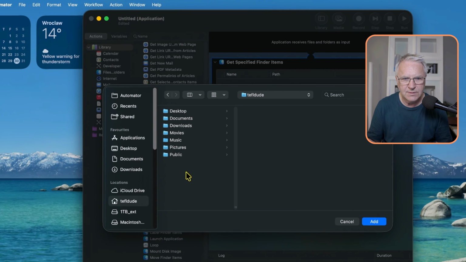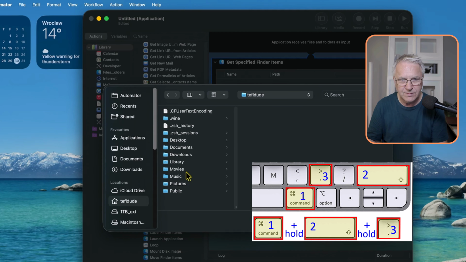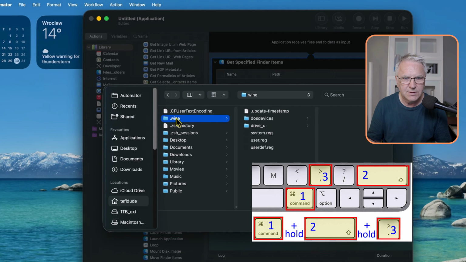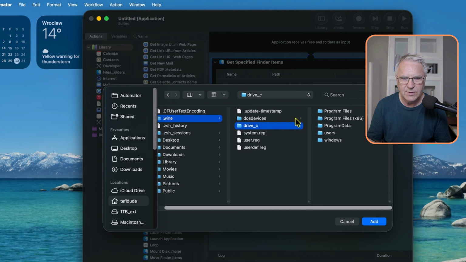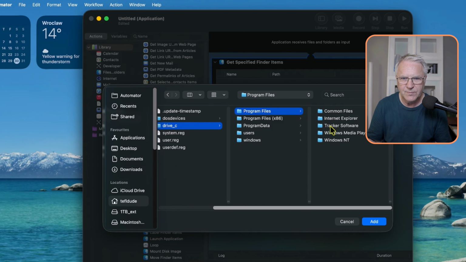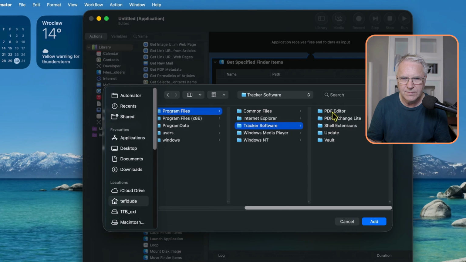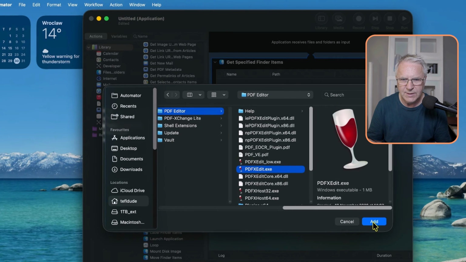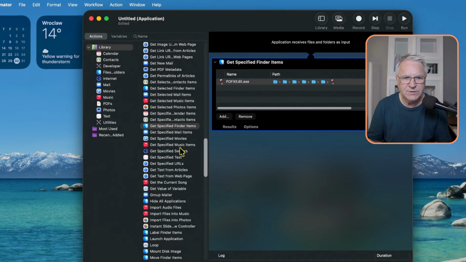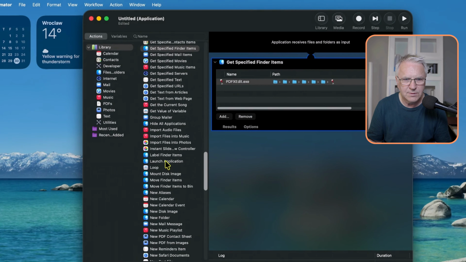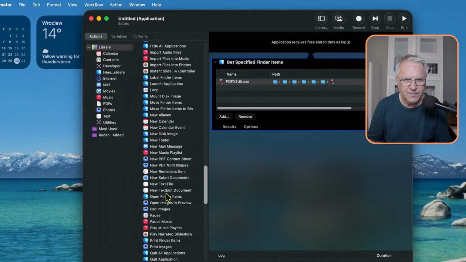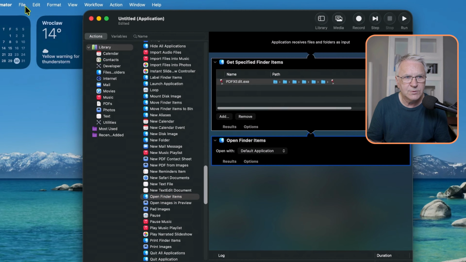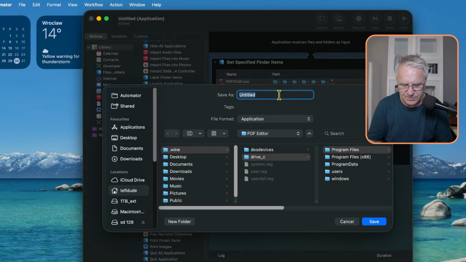So once again, click Command Shift and the dot. Now the wine folder is open. Now we can see everything. Program files, tracker software, PDF editor, and it's this one. That's the one we want. So add that. And now we simply have to add the open option. Here, open Finder item, and then go to File, Save, and this time we're going to save as